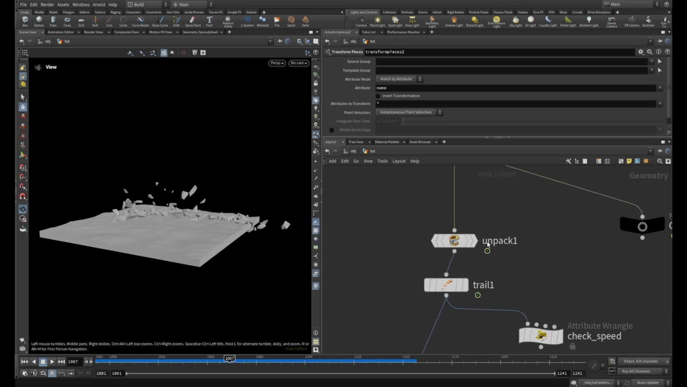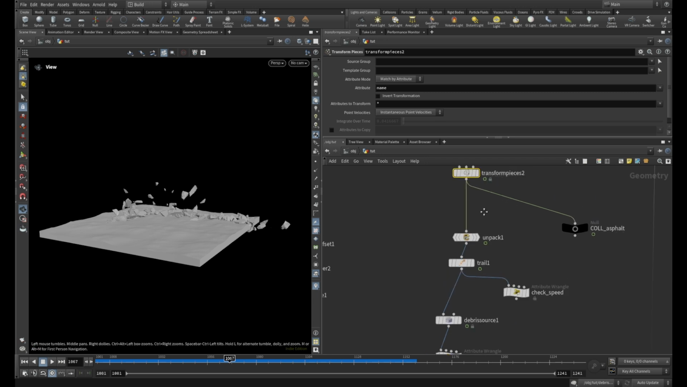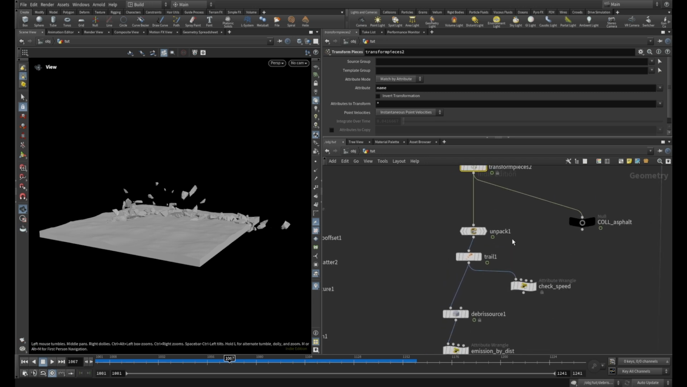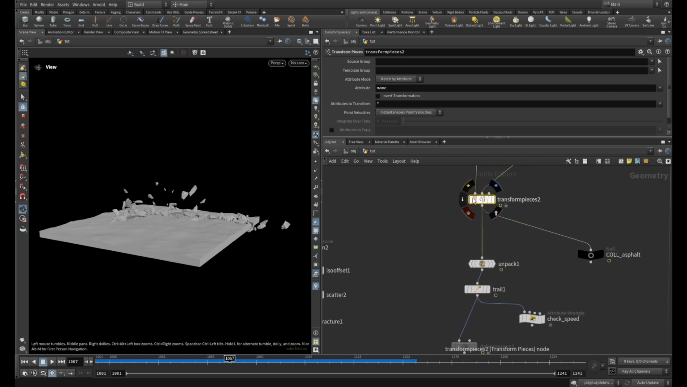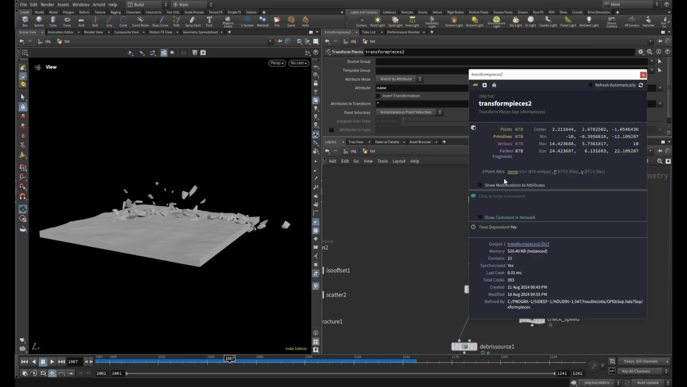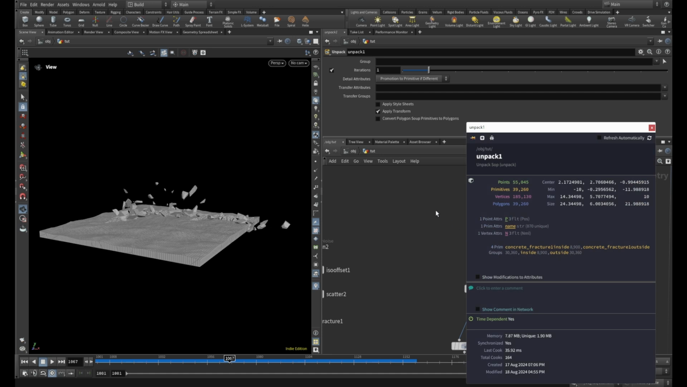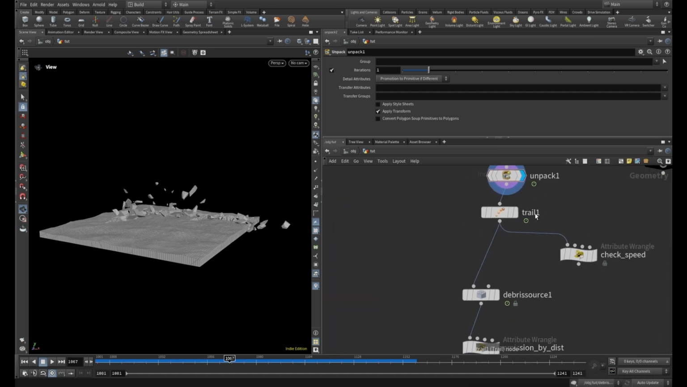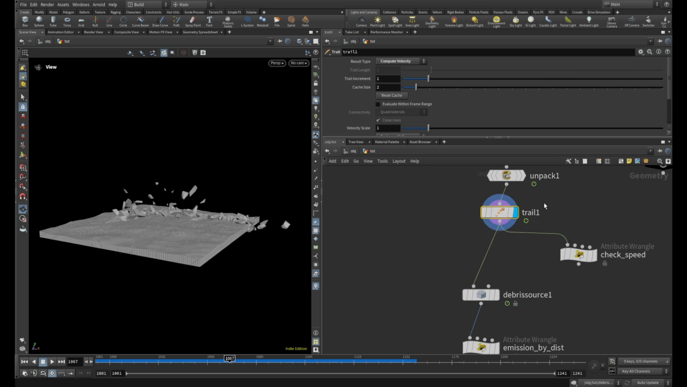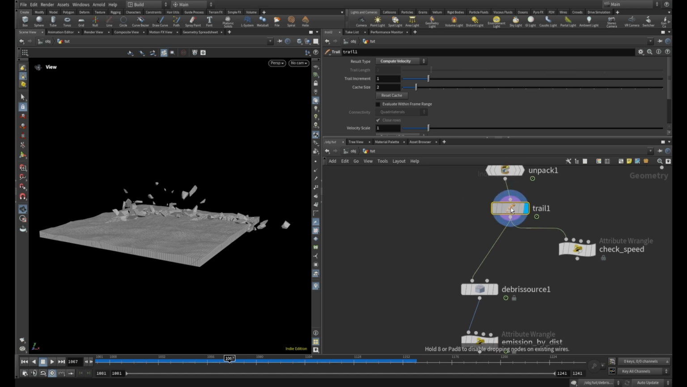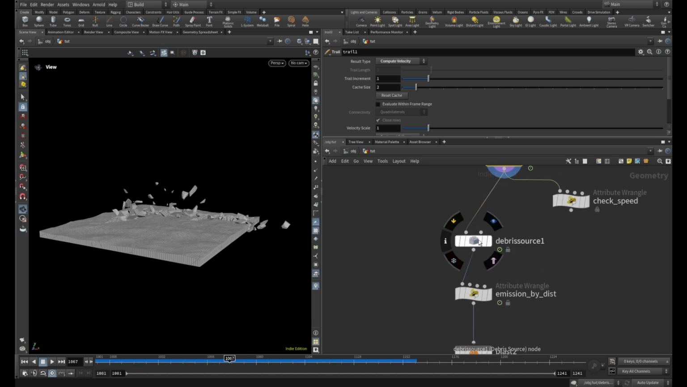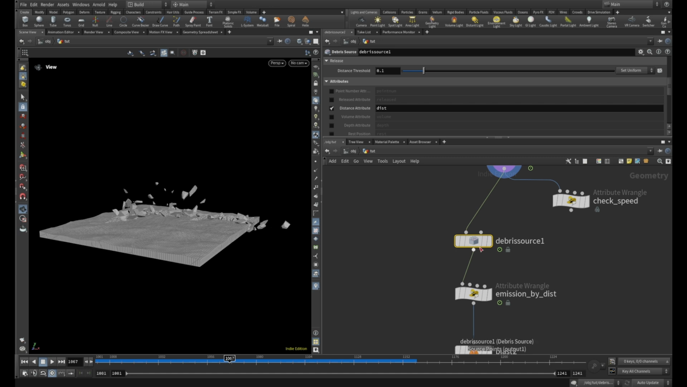First thing you have to do is unpack your geometry to get inside faces, to be able to emit from inside faces. As you see here, we don't have any groups on the packed geometry. And when you unpack it, you get these inside and outside faces. Then I calculate the velocity to be able to get a speed, because if you look at your debris source,